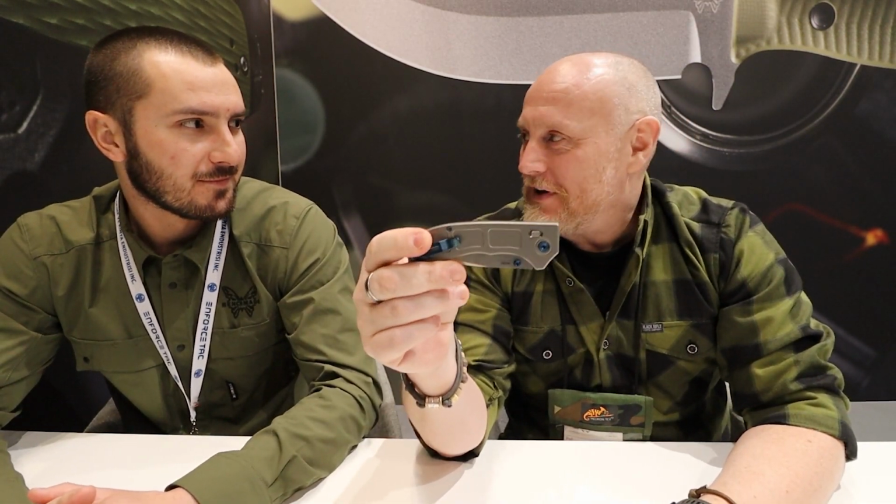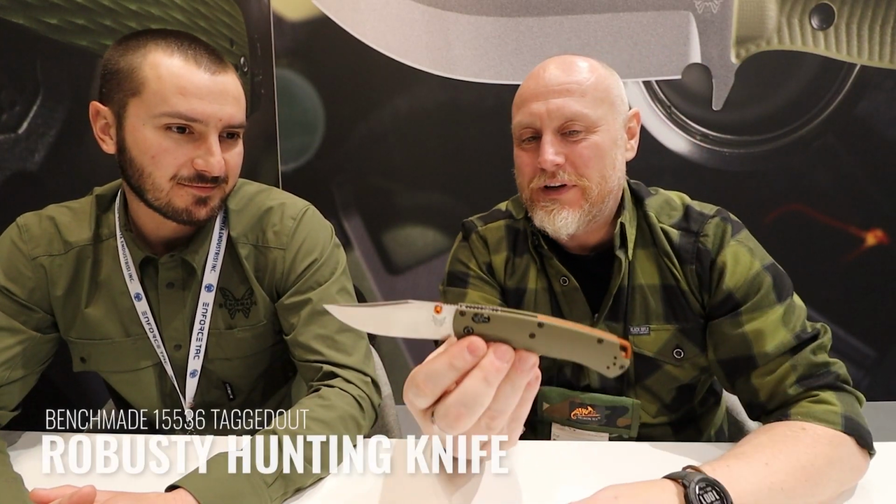Yeah, it's very quick, very smooth. It's sitting on ball bearing thrust washers there on the pivot, so I mean you can have it open and just pull the Axis bar and it's going to fall shut. That was actually the most cuts we had at SHOT Show were from this knife, just from the knife blade falling closed because it's so smooth. The internet will now name this the knife that bites. Yeah, that's a very good one. I like that. And then last but not least, we have...